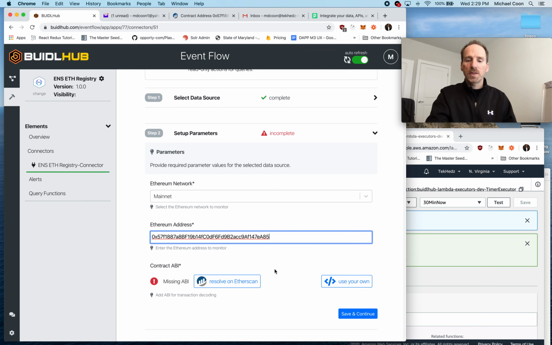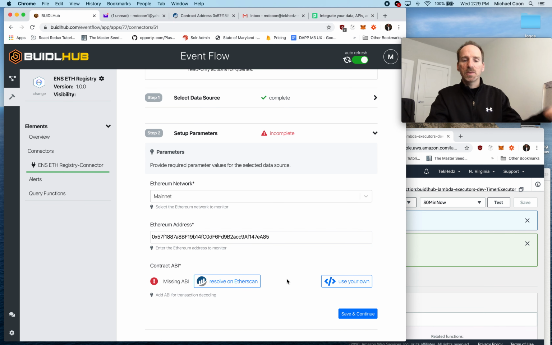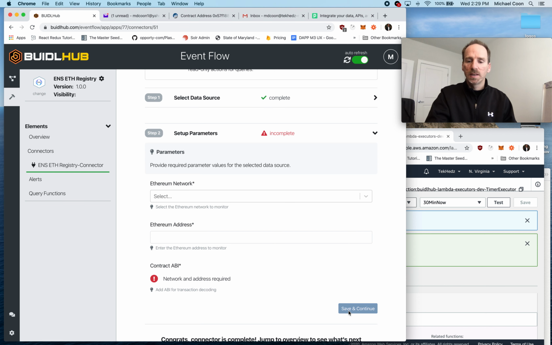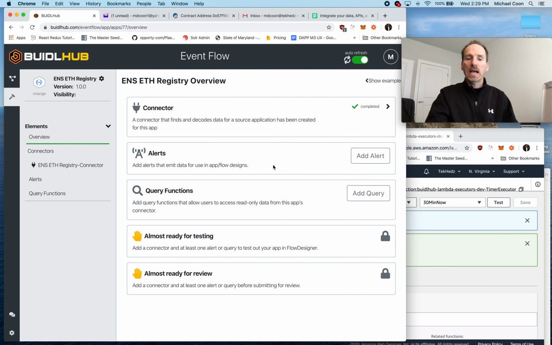And I have a choice. Either I can use Etherscan to resolve the ABI, or I can use my own. It just depends on the situation. Like if you have a proxy contract, you probably want to use your own, or figure out how to get the ABI on Etherscan. But in this case, it's all out on Etherscan, so I just click that and we take care of bringing it in. Okay, so now BUIDLHub knows how to find this contract and decode its transactions, but